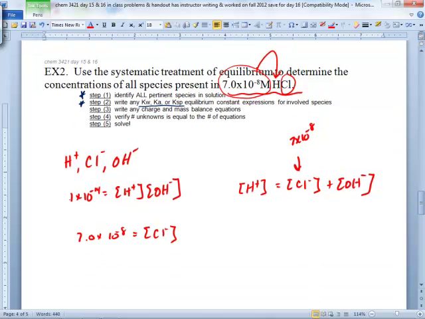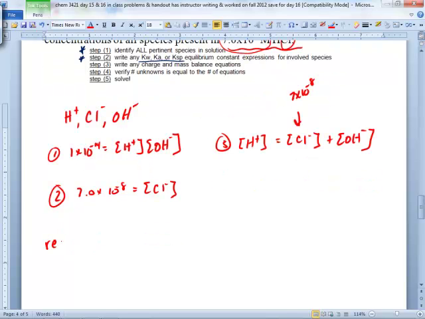So if you want, sometimes they did stuff like this. Sometimes it makes it easier, right? You say rearrange. You don't have to do this, but it's a lot easier to follow if you're trying to show somebody what you did, right? So rearrange 1. She said solve for H, so we're going to solve for H. And that's just 1 times 10 to the negative 14 all over OH, right? And then you get a new equation, so you call it 4,